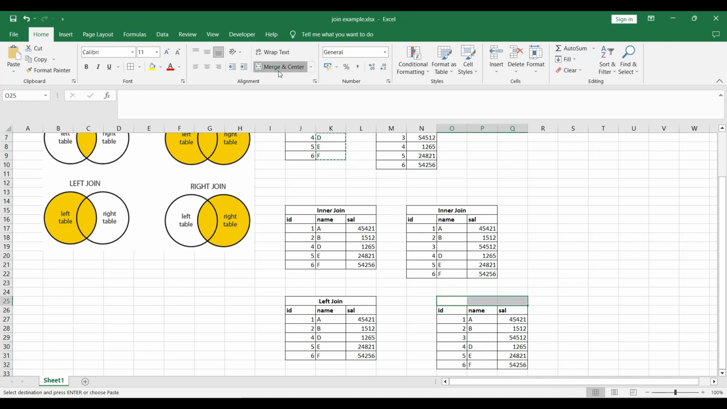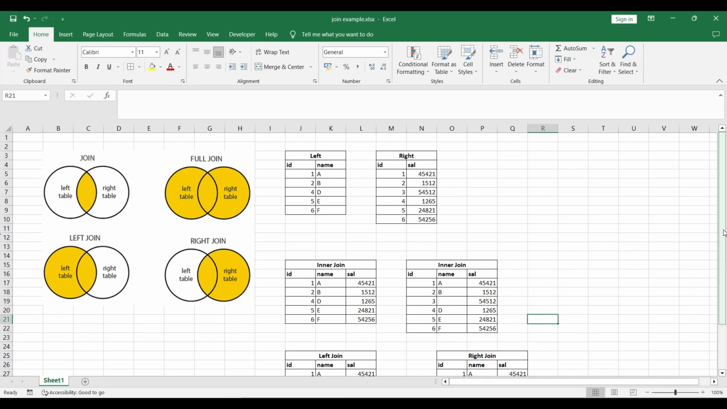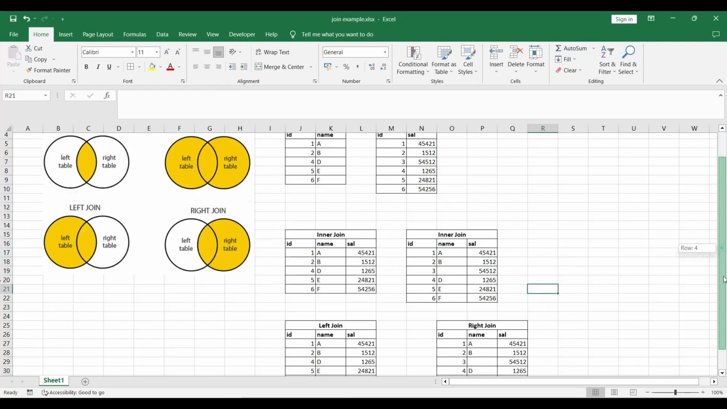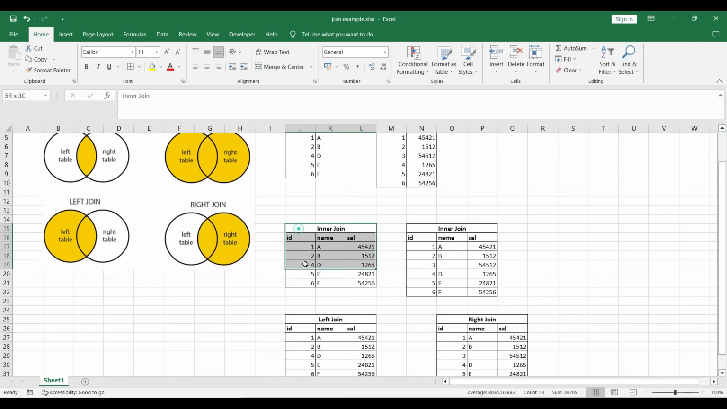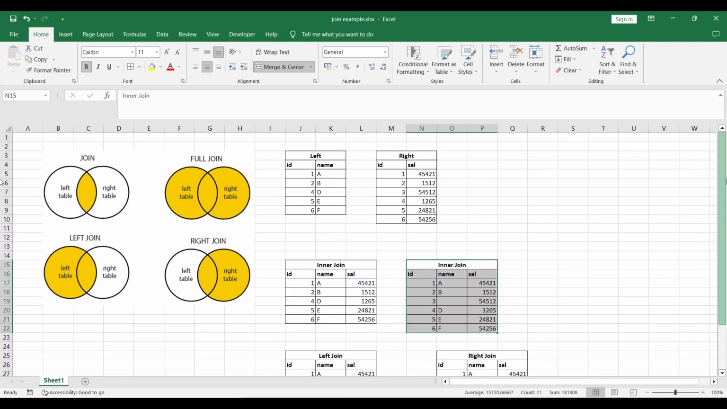So this is our right join data. Now what we'll do is try to replicate the same tables in SAS and see if we are getting the same output we have mentioned for all the 4 joins. For that, I'll create a left table and a right table in SAS